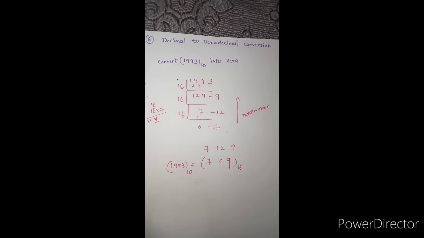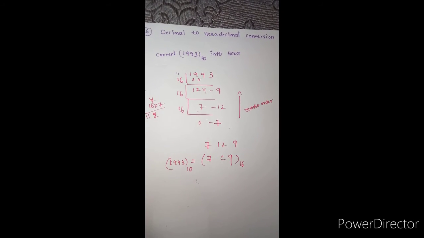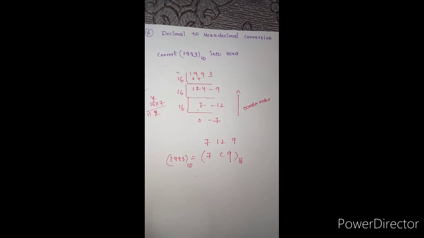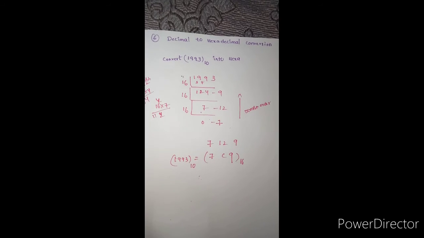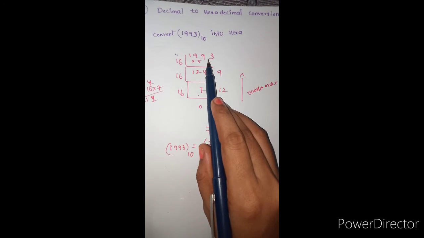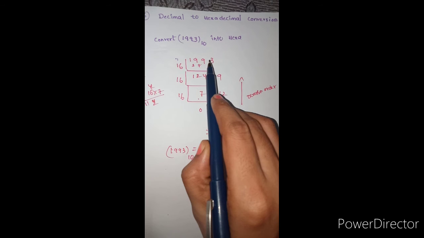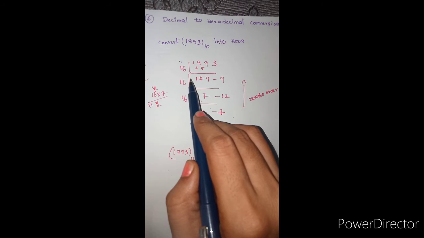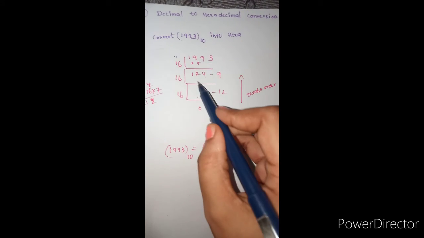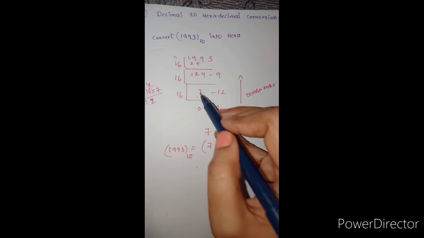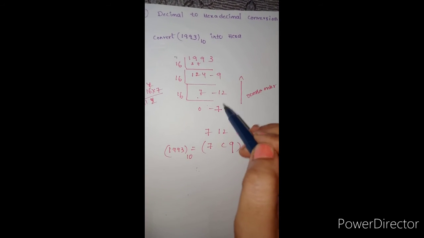Coming to the decimal to hexadecimal conversion. Decimal to hexadecimal conversion can be done by the double dabble method of successively dividing by 16. See here, I am taking 1993. This is a decimal value. Divide by 16. See here, this is the quotient. The remainder is taken on this side. Same process to get the